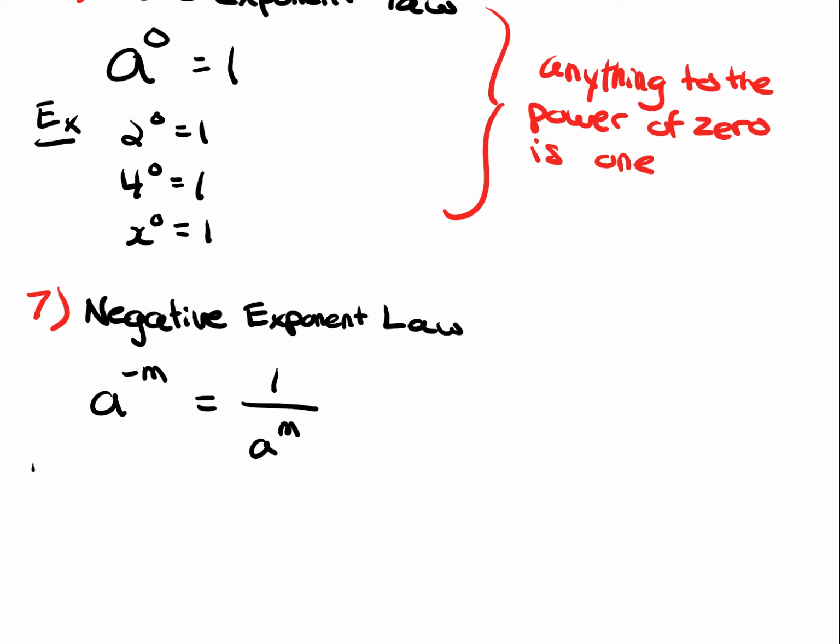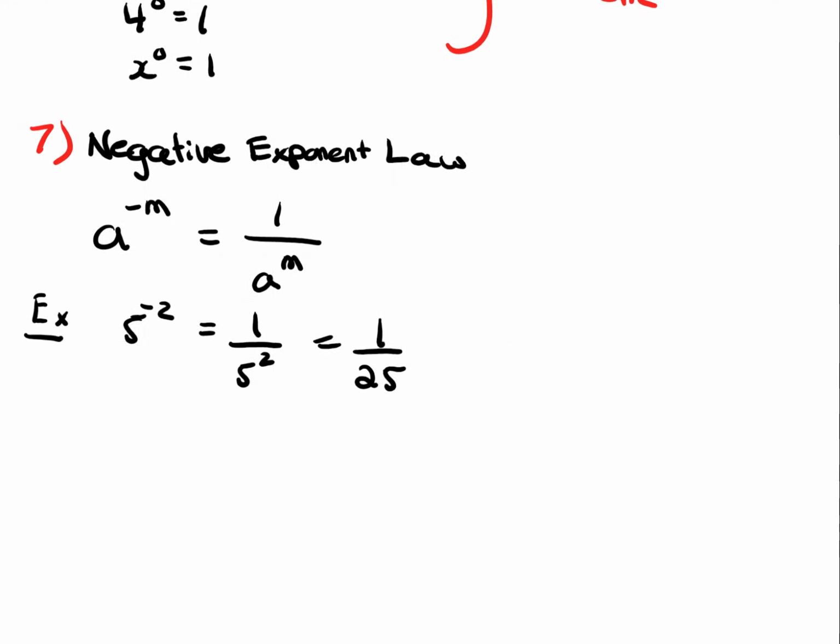So an example of this would be, say we have something like 5 to the power of negative 2. This could be expressed as 1 over 5 to the power of 2, which could then be expressed as 1 over 25. We can also have another example that's a little more complex, like 2 over 3 to the power